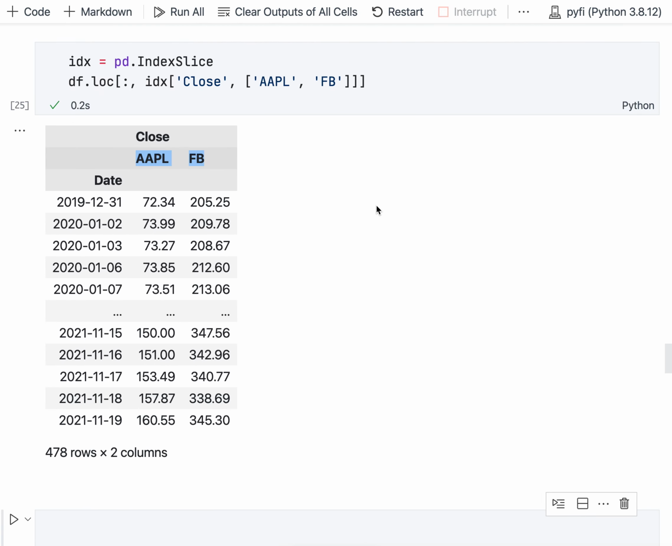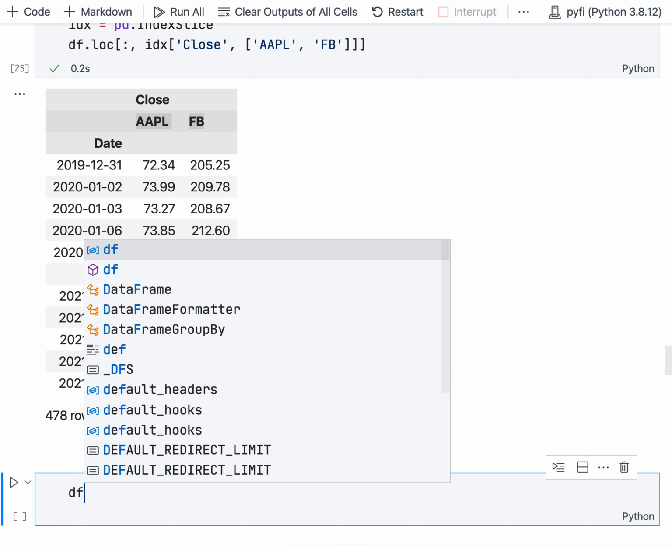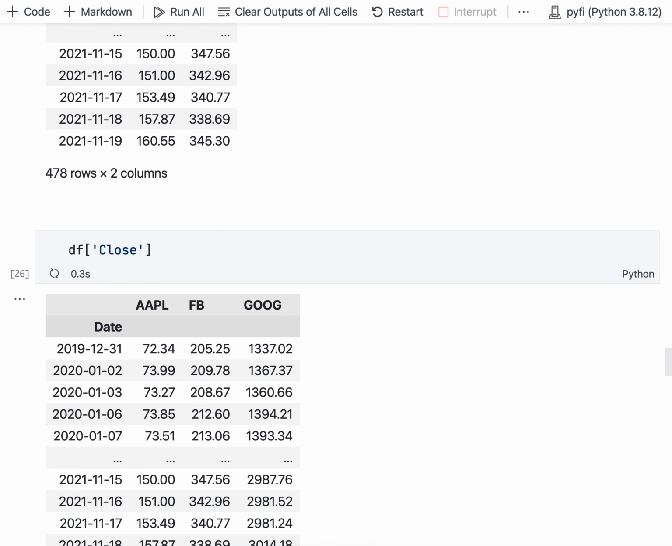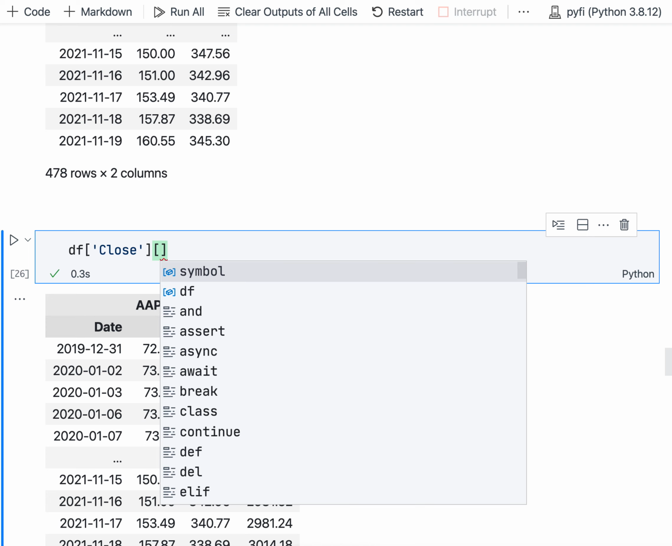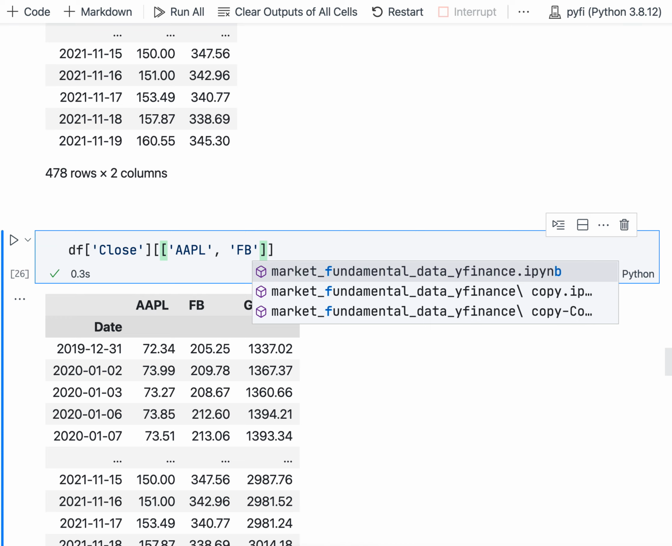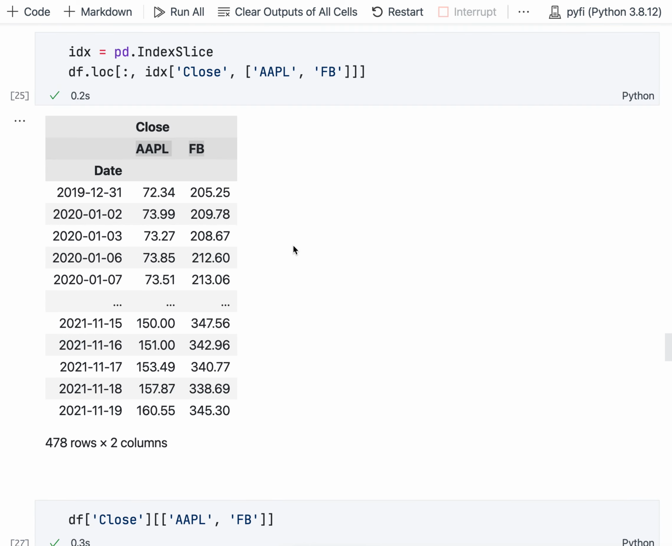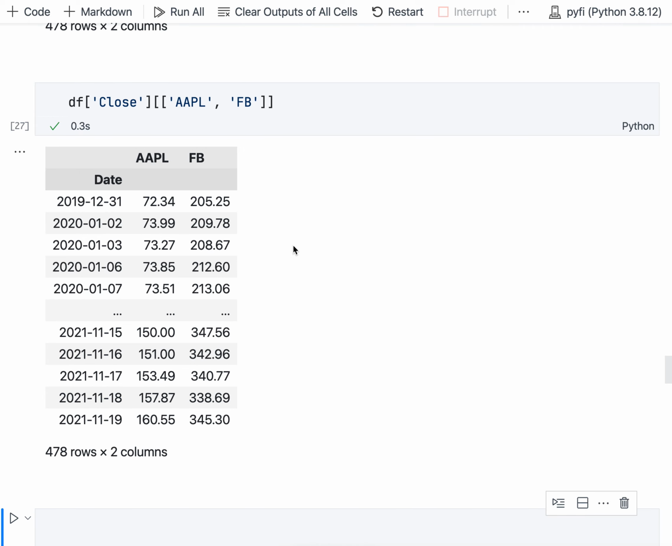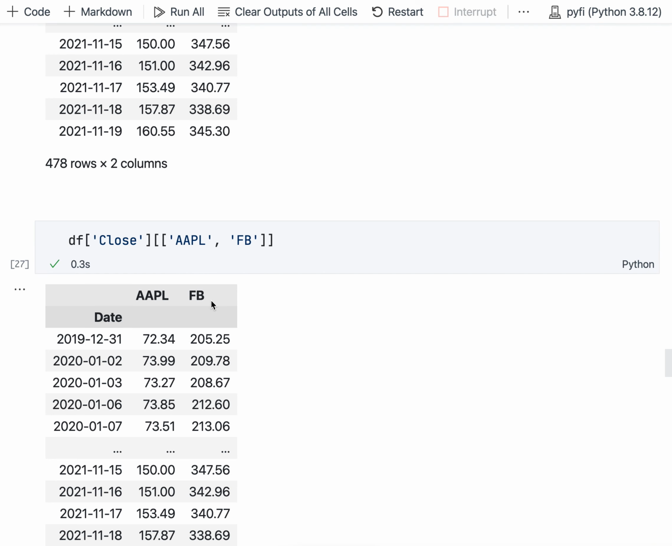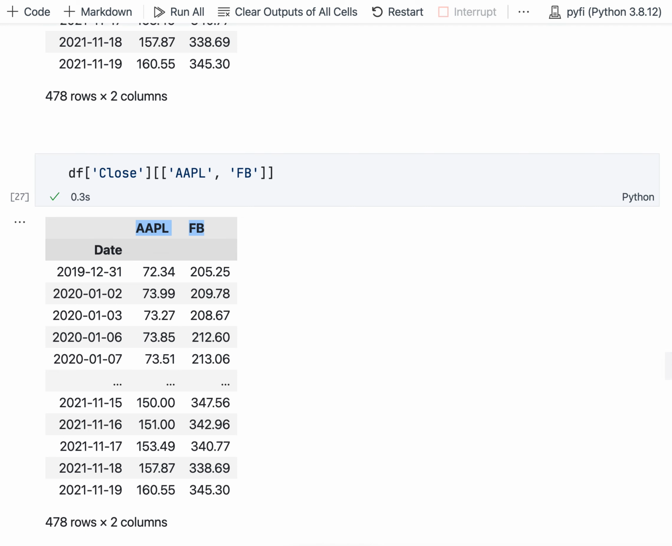So there is another way, of course, to do that. Suppose that we want the closing price. So the only thing that we need to do is, first of all, call the closing price, and then with another square brackets, inside another square brackets, we're going to be saying Apple and Facebook. So we run this line of code and we obtain the same information, with the difference that this time we don't have a multi-index. We only have the information corresponding to the closing price for Apple and Facebook, but the symbol is going to be the single index in our pandas data frame. Okay,